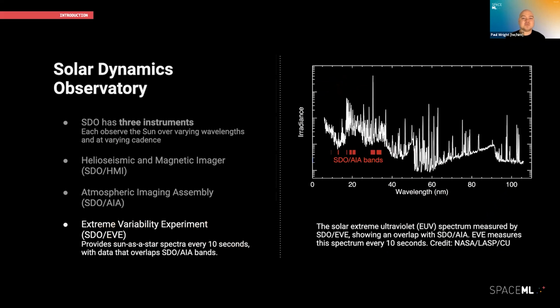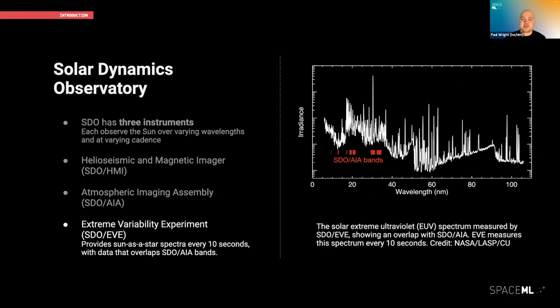The third and final instrument on SDO is the Extreme Variability Experiment. SDO EVE provides sun-as-a-star observations in the extreme ultraviolet. As shown to the right, EVE observes the solar spectral radiance from 5 to 110 nanometers. Unfortunately, the MEGS-A component, which contributed measurements near the SDO AIA overlap, that's shown in red in the figure inset, ceased operation in 2014. As SDO AIA produces images over similar wavelength ranges, machine learning has been used to nowcast